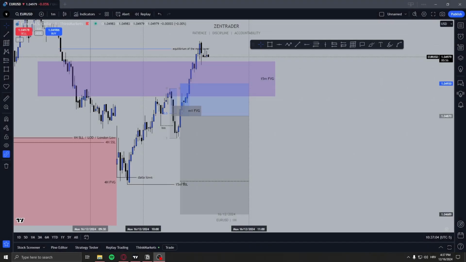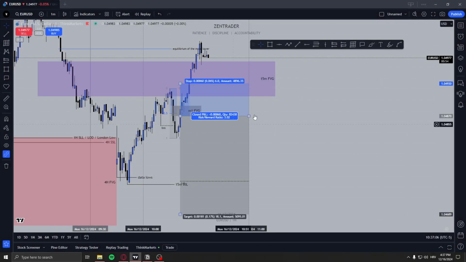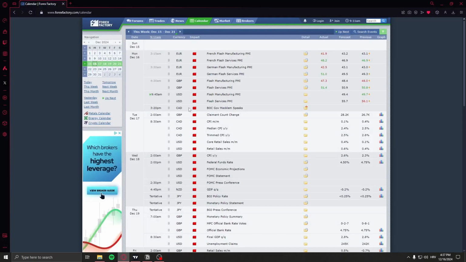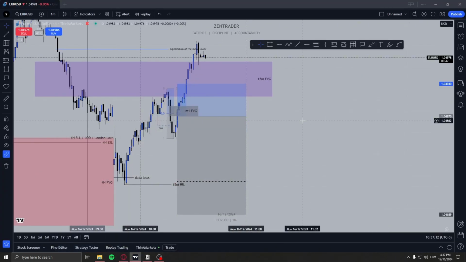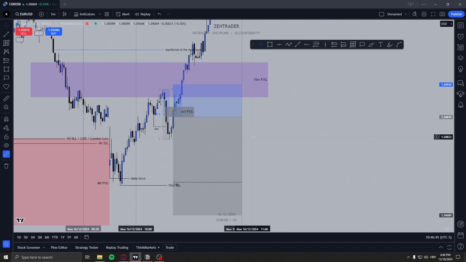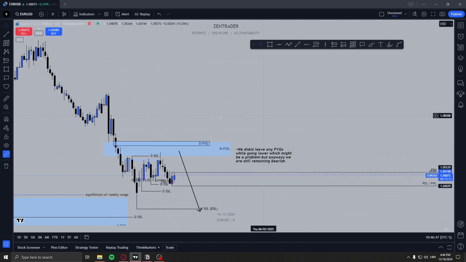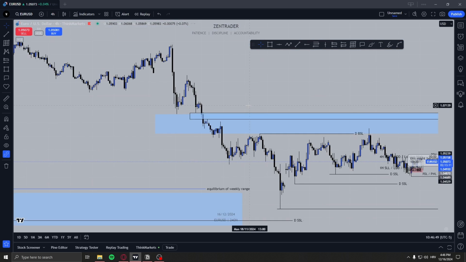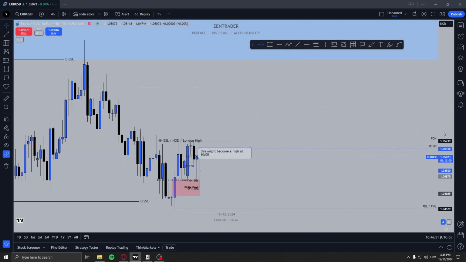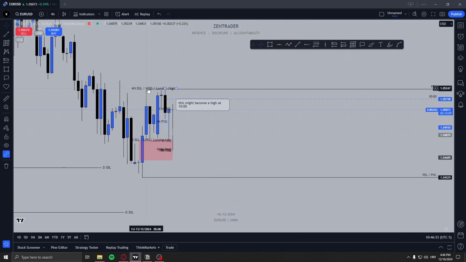Okay, so let's review today's day on EU, this trade right here. Firstly, we see that we can trade today. I took a loss. It was a small loss because I'm risk off this month. So from the daily, we know we are bearish, and on the 4 hour, we didn't have anything much. In London, there was a short that took out the previous day's low, previous day's high, and then we took it into shorts.